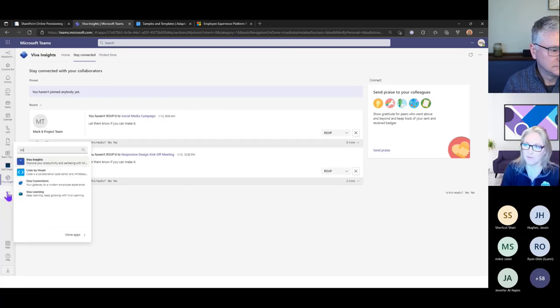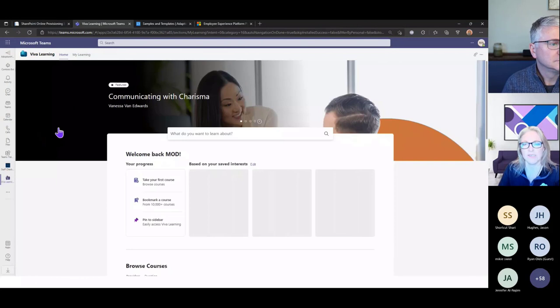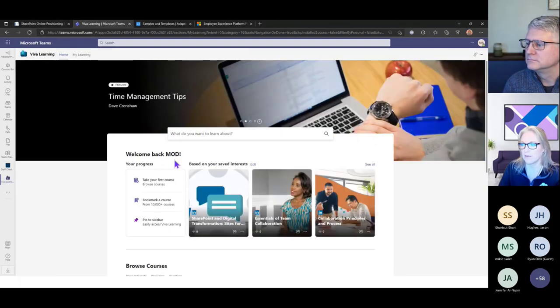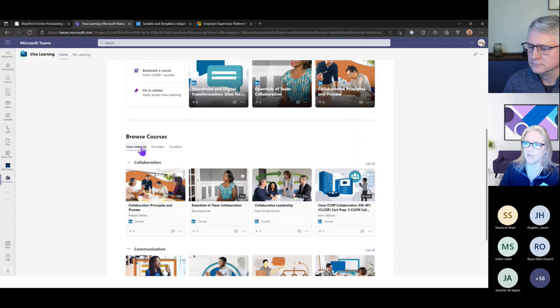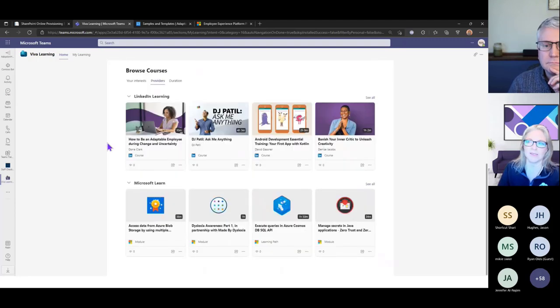And then the Viva Learning, if you are licensed, you should see this in there. Again, it's connected to MS Learn already. So here I can see, what do I want to learn about? I could type that in. I do have some saved things, and I can browse courses by type, or I can go into my provider. The only provider I'm going to see is because I don't have